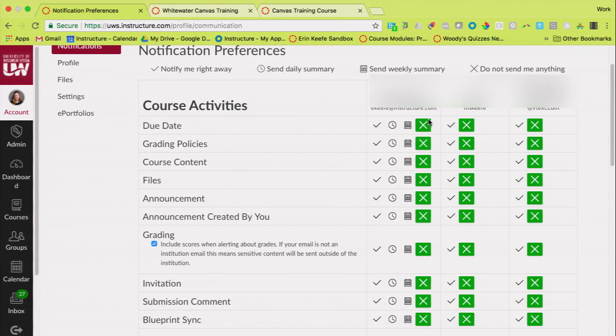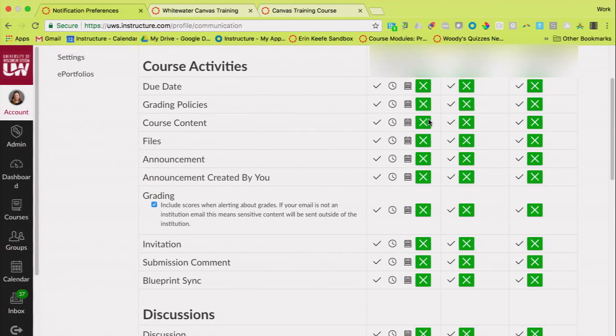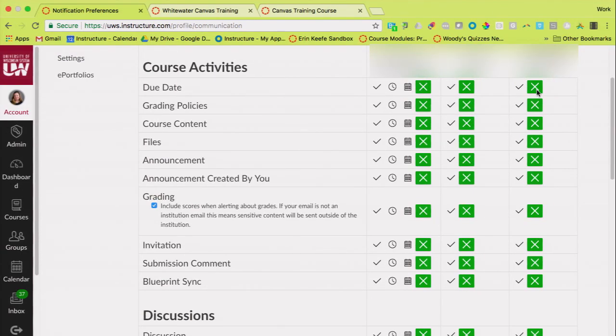And then if you decide that that's not something that you need to be notified about because you're in Canvas and you're working, or it's just not something you need to know, you can click the X and turn it off. If you decide to enable some of your notifications to come by cell as a text, Canvas pays for them. That's not something that you need to pay for. That's a service that we provide. And then those are either you get it or you don't. There's not a time period. So you would be notified every time that thing happens.